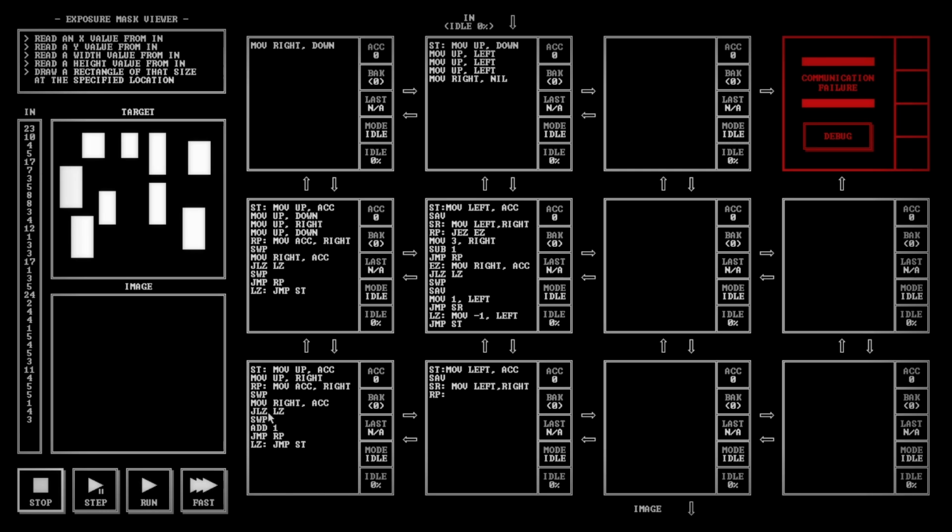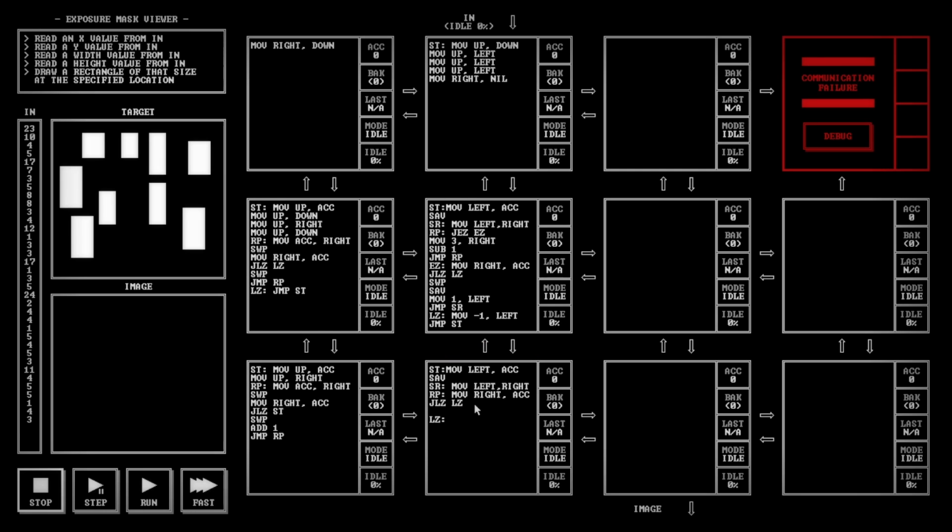And actually, I see right here, I'm doing a JLZ to LZ, and then LZ, all that's doing is jumping to ST. I can just do this and remove this line. But here, all right, so you take the value from the left and store it. That's the height. You're going to save the value. You're going to move the initial y. Then you're going to accept a value from the right into ACC. And based off of that, JLZ to LZ